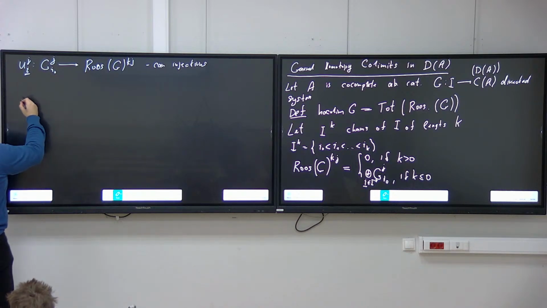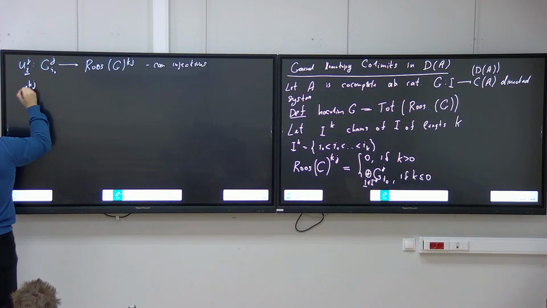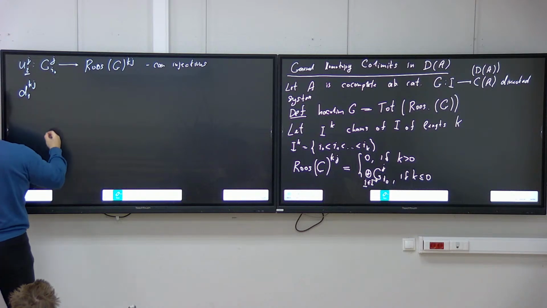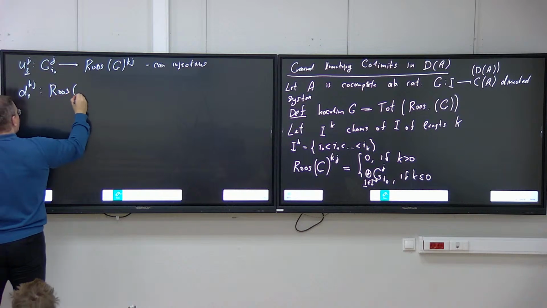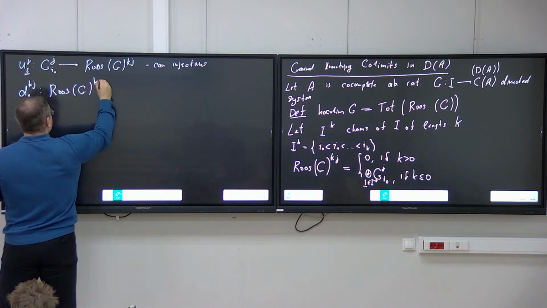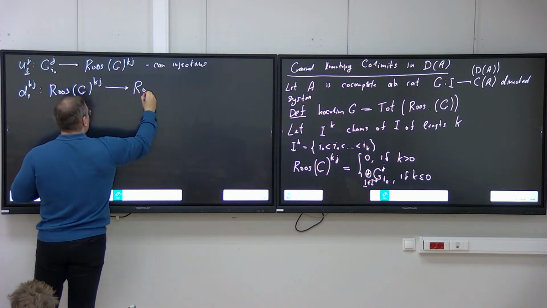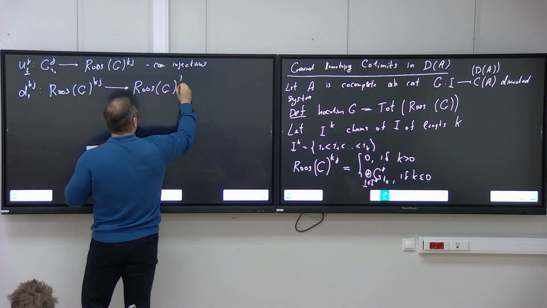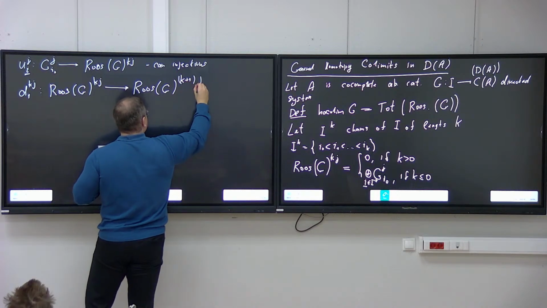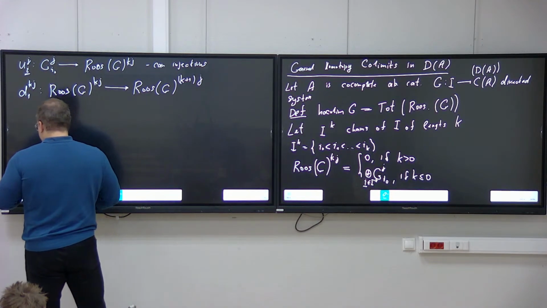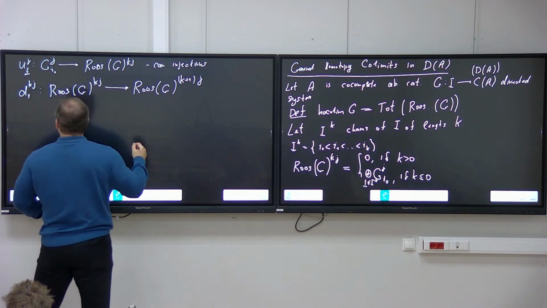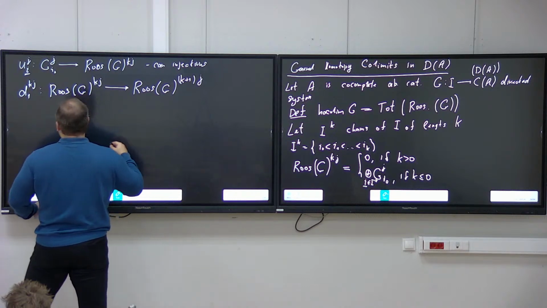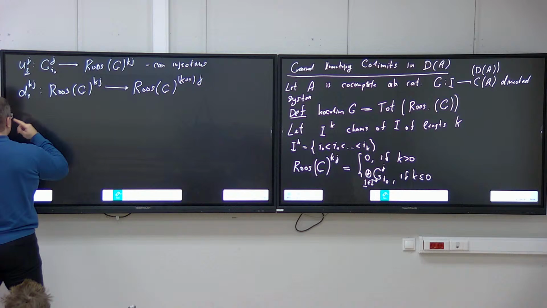So then I define the two differentials. There is differential d1 from the position in the bicomplex with indices k and j. Let me just write where this is. So this is from the Roos G, K, J to the Roos of G, K plus 1, J. And this is defined as an alternating sum. So this D1